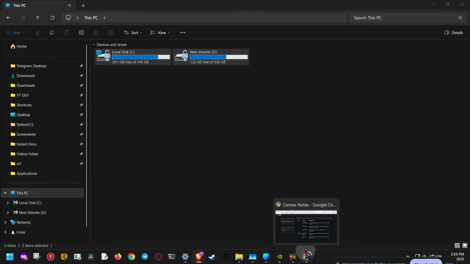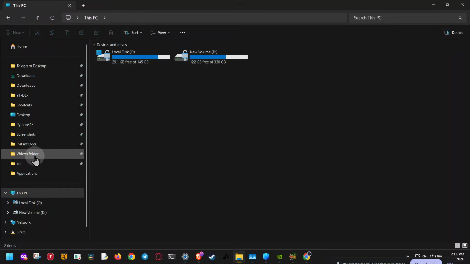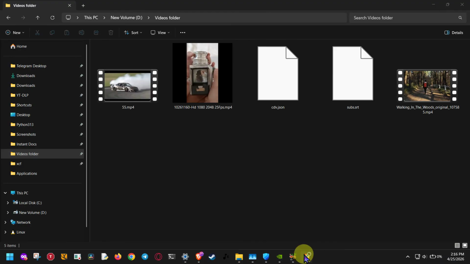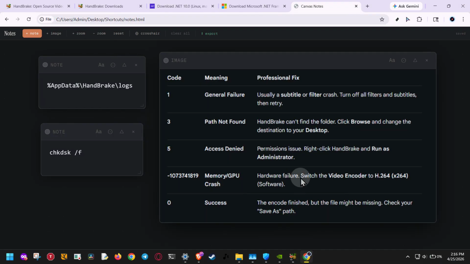If you're seeing HandBrake Error 5, you're not alone. This is a common Windows-specific access denied issue, and it usually means HandBrake is being blocked from reaching a file, a folder, or even your GPU. In this video, I'll show you exactly how to fix it step by step, so you can get back to